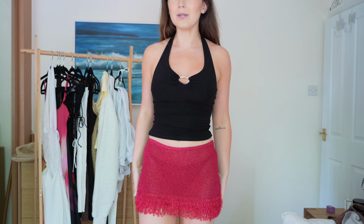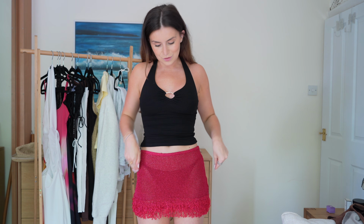Okay, holiday wise, I love a little bit of crochet, and they had some really cute looking glitter crochet pieces. So I picked up the Cha-Cha knit mini skirt in raspberry in a size small. I'm not going to rag on sheerness when it comes to crochet pieces because it is in the nature of a crochet piece. Like, that's nothing to do with quality. You bought crochet, babe. Of course it's going to be see-through,